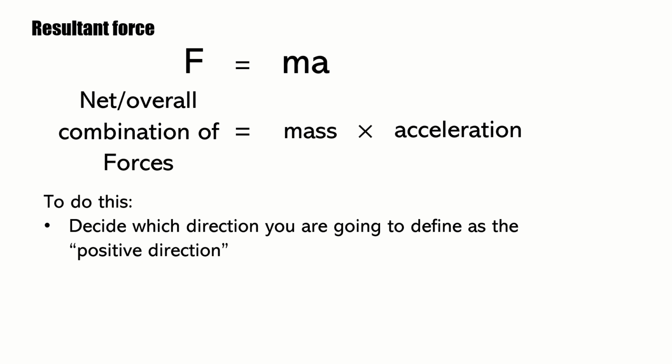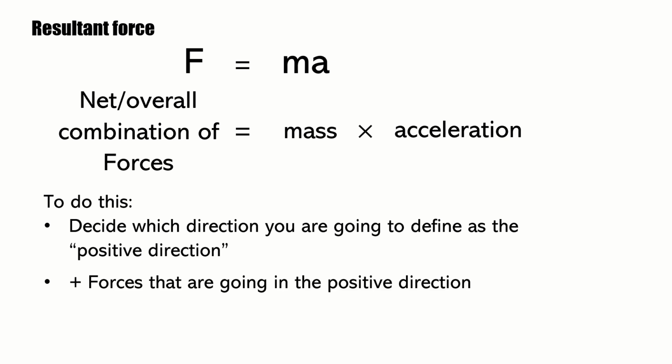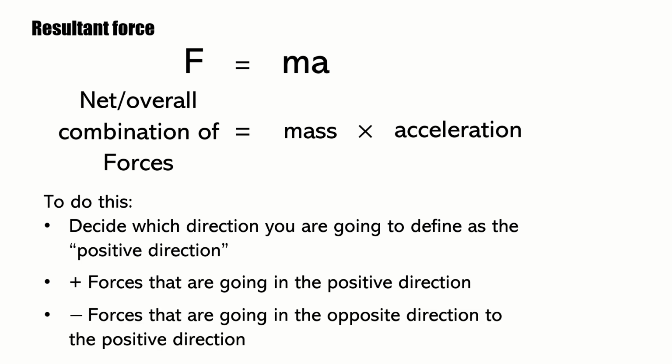Any forces that are going in the positive direction will be added as part of the combining process, whereas any forces that are going in the opposite direction to the positive direction will be subtracted instead. Adding and subtracting the forces in this way is what then leads to you being able to know what the overall effect of that combination of forces is, which then allows you to place it in this F equals ma